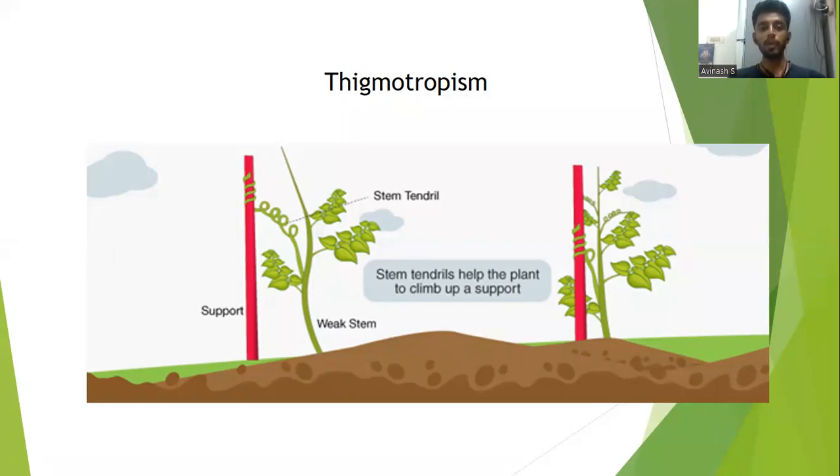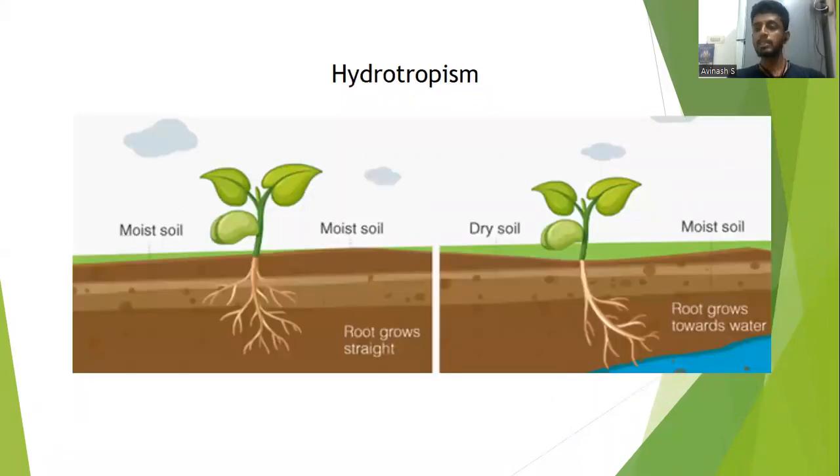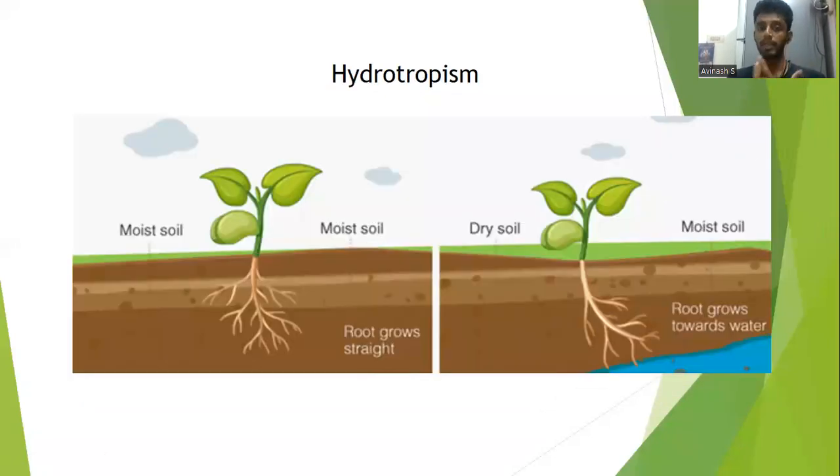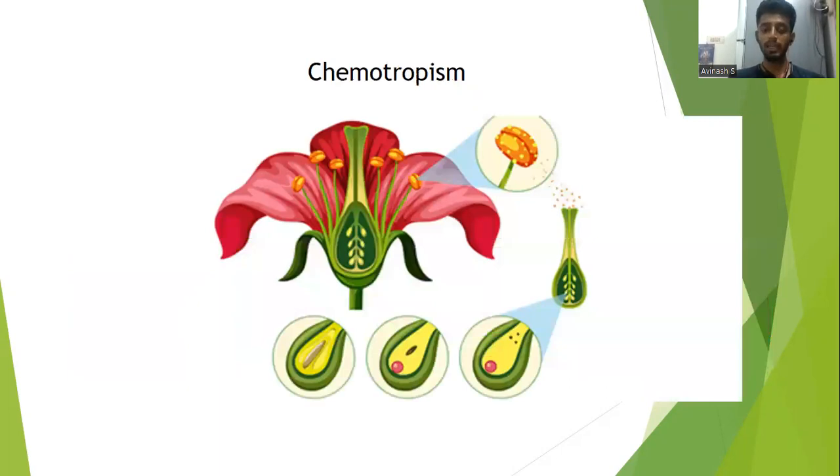Now, the next type of tropism after this is called hydrotropism. Here the stimulus is water. In the previous one, the stimulus was touch or support, any supporting stick. Here, the stimulus is water. For example, the root always grows towards water. So you can see in the picture on the right-hand side that there is some water source,